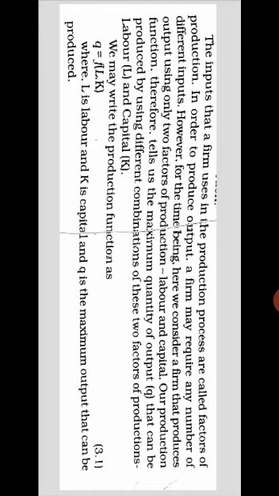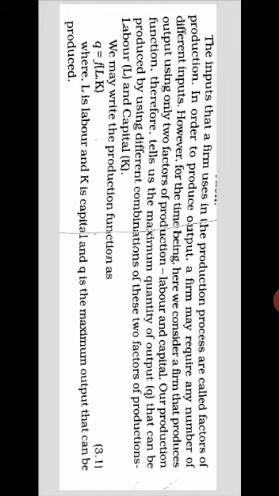Basically I said there are four factors of production: land, labor, capital, organization. Here we are taking only two factors, capital and labor. You can take land as capital because you have to invest money or pay the rent. That's why we keep it as capital. And labor is the farmer who is going to work on that field. Q is nothing but the production of wheat.